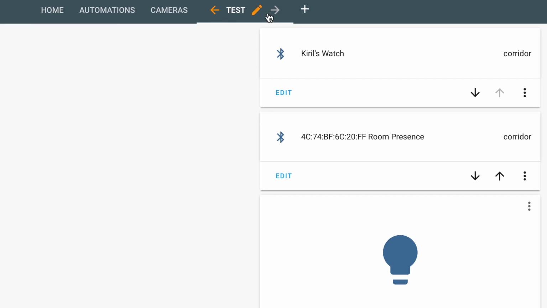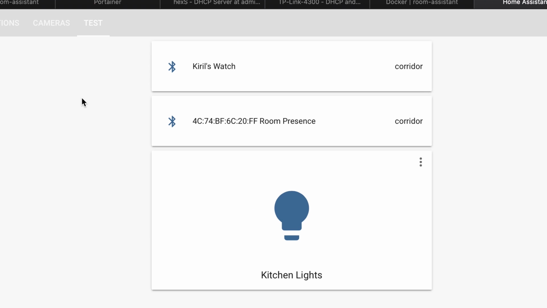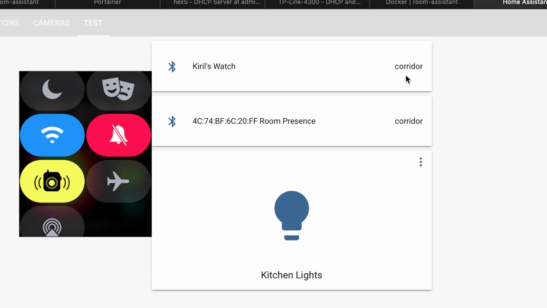So I'll go to my test view. Currently kitchen lights are off. I'm in the corridor. I'll disable again. Actually, I will enable the flight mode of my watch, which will disable the Bluetooth, and it will simulate my home absence.